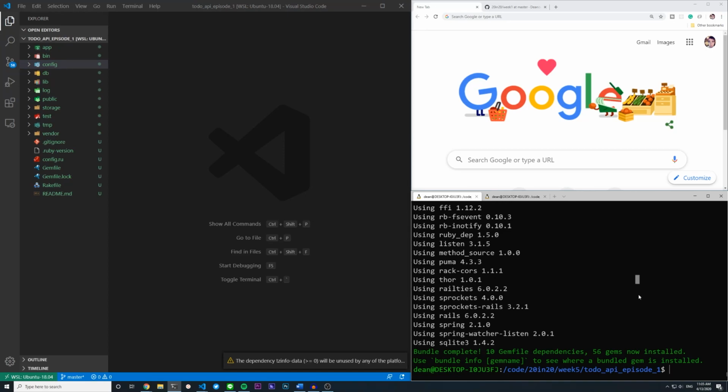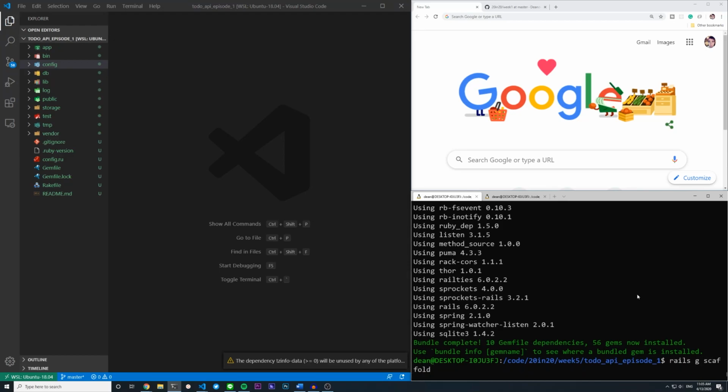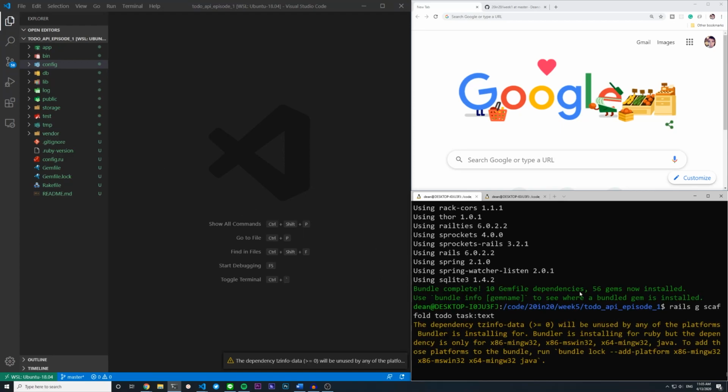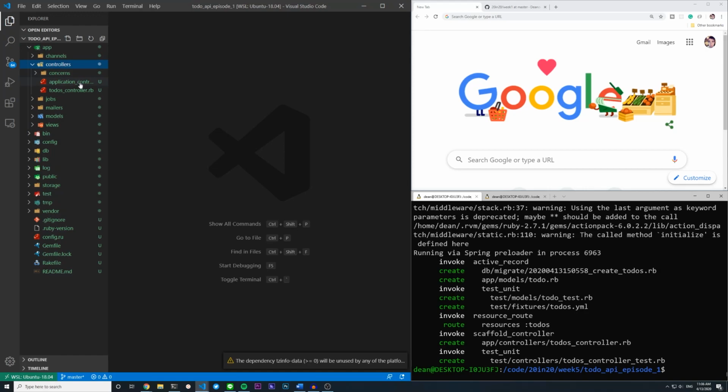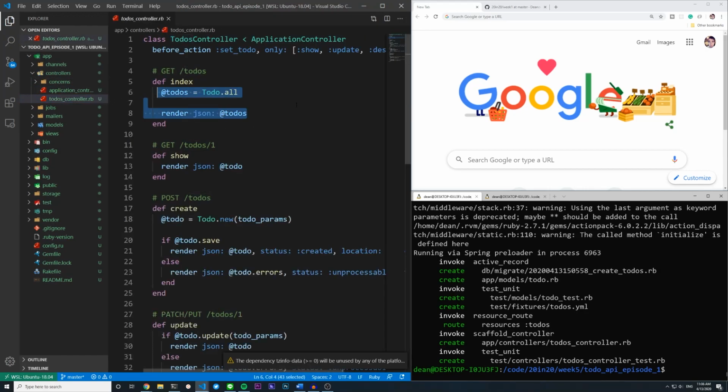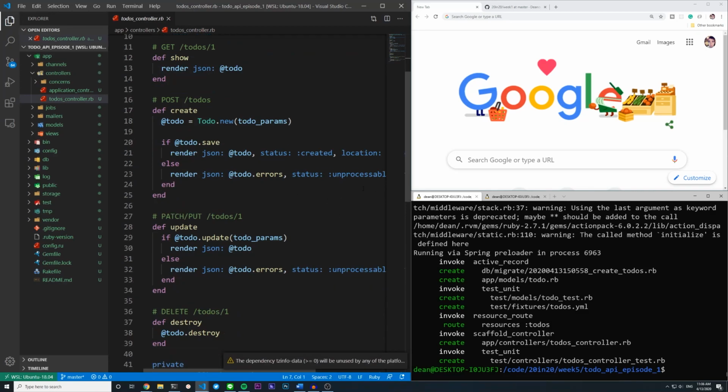So now that we have the API set up, we need to actually give the API something to serve. And for this, we'll do a Rails g scaffold, and we'll create a to-do, and each to-do will have a task of type text. And then we'll hit enter. And this will generate the controller as well as the model for this. And the controller will be set up in such a way that it serves the JSON stuff instead of the usual setup that you would see in a default Rails application. So instead of redirecting to the views pages, you'll see there are no views except for the mailers. And it's just going to render these